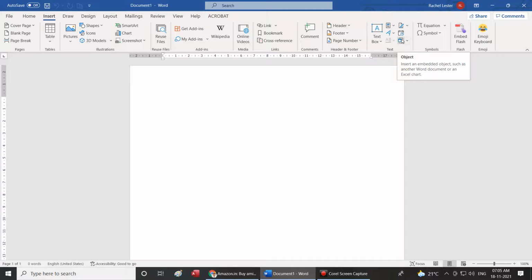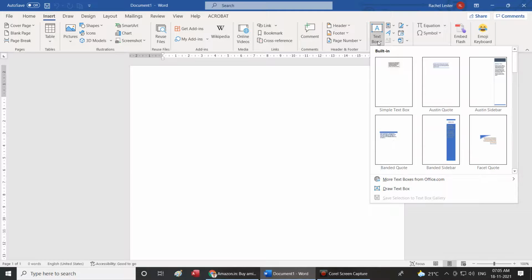Okay, you just write down the numbers. All of you look at the screen. This is the text group in which we have the text box, we have explore quick parts, we have insert WordArt, we have the third one, add a drop cap, we have the fourth one, add a signature line, we have the fifth one, insert date and time, we have the sixth one, insert object. You can insert an object. Now we will go to insert the text box.